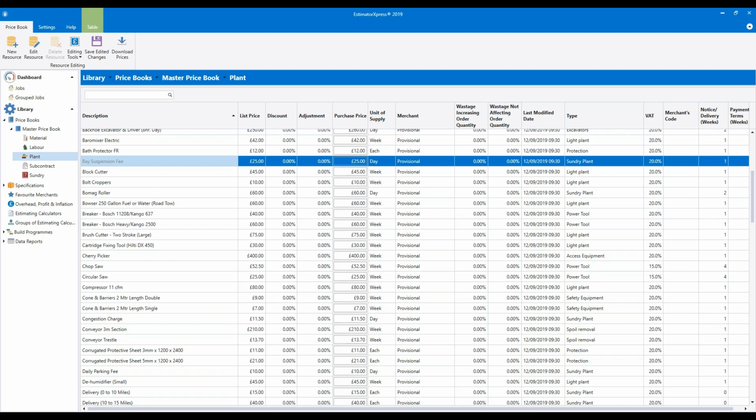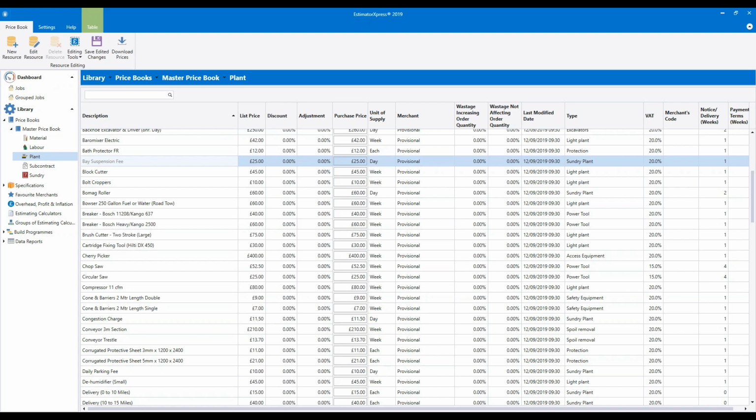Okay, so I've just been picking out some of the really critical items in the plant section, but of course you do need to have a look through all of the lines and see if there's anything else that stands out as being very different from what you pay in your area. I'll give you a minute or two just to have a bit more of a look down the list while I just take a quick drink. So yeah, cast your eye down it, see if there's anything else that stands out as being very different from what you pay. Update it if you want, and then we'll move on to the next section of the price book.